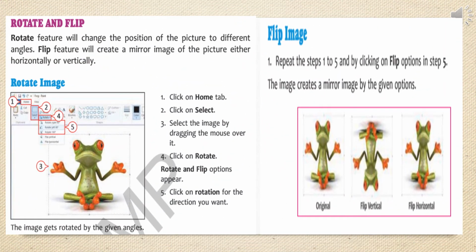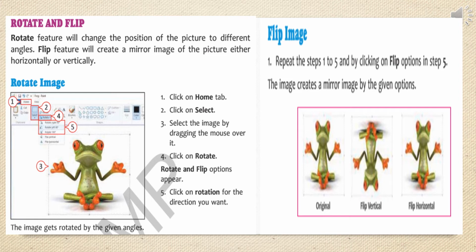The next options are rotate and flip. So if we have drawn one image, we can rotate it to different positions at different angles, or move it clockwise or anti-clockwise accordingly. So rotation is possible after drawing a picture, which we will learn practically in the next slide. And how to flip? Flip means if you want to invert the picture, horizontally or vertically. So we can flip the picture also. I will show you practically how it is working.